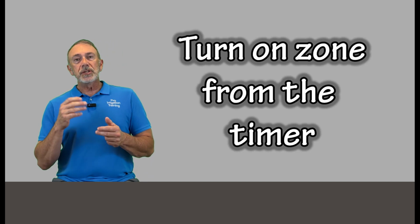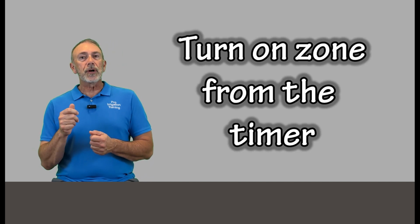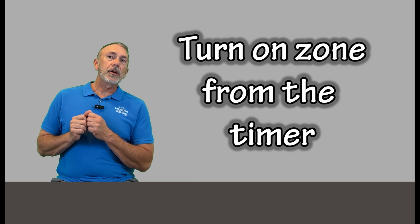Obviously, one of the questions that we ask is which of your zones isn't running? Let's say it's zone number 3. Well, which zone is that? Oh, it's the left side yard. So let's go to the timer and turn on number 3. And don't just lean your head out of the garage and go, yep, number 3 is not working, and then go on about your troubleshoot. Nope. Turn it on, put it on manual, or run the zone manually from the timer and put on